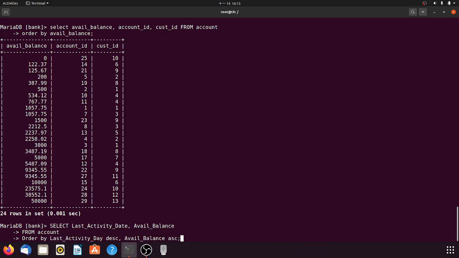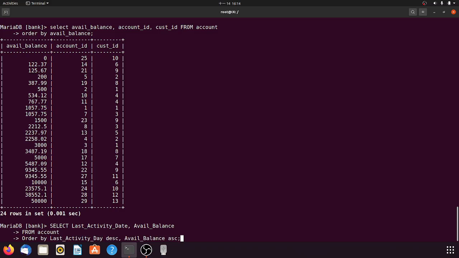Okay, so what this does is give us the last activity day descending. So that means it's the most recent, and then, if there's a lot of activity on that day, it's going to sort that day's available balance